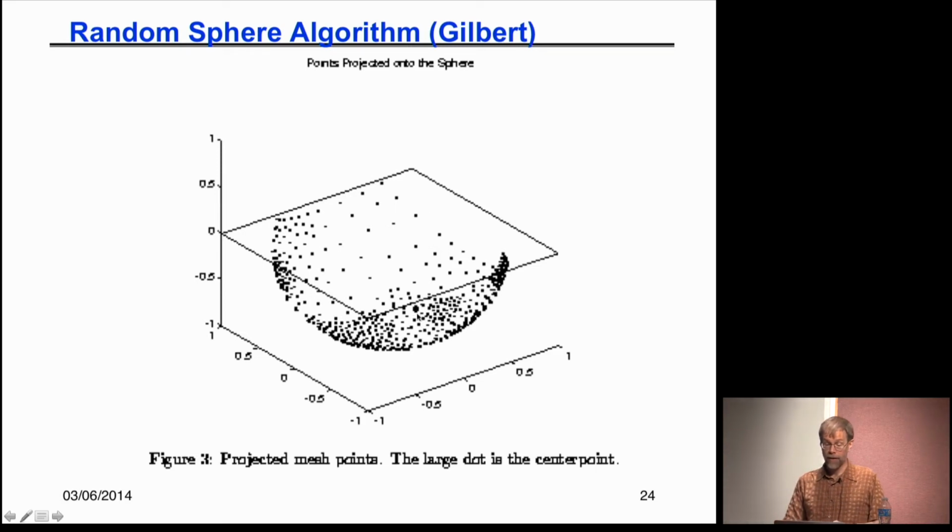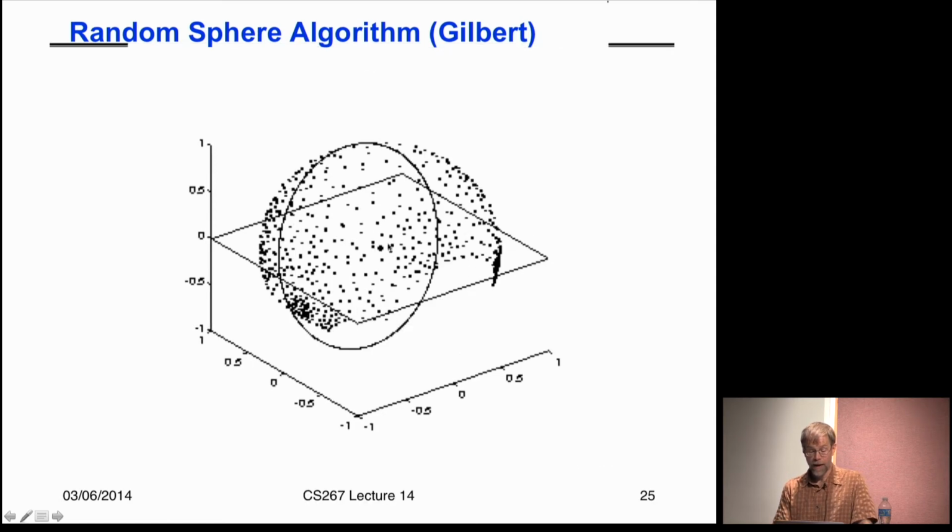So now what I do is I take all this data and I rotate it. You can just imagine rotating the sphere, so the center point is way up at the top, right above the origin. And then I dilate it so the center point moves down to the origin. And when I'm done with that step, there's the center point. And you can see that has spread out all the points relatively evenly across the whole